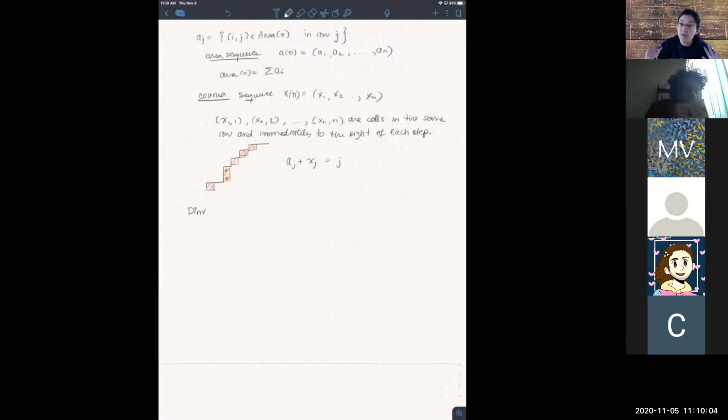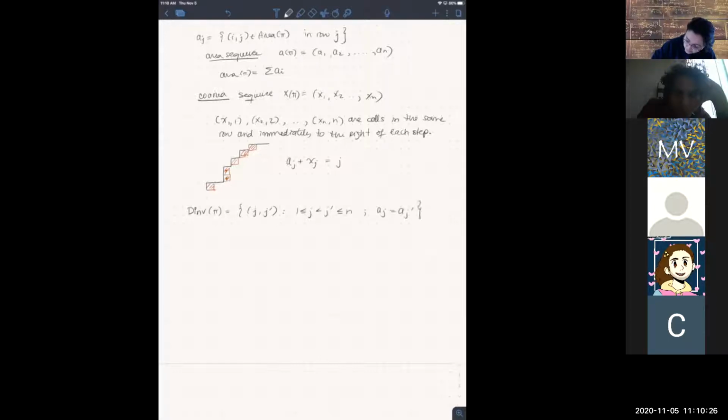So do stop me if something is not clear, of course. So div of pi is then going to be the set of cells, we're going to call them (j, j'), where 1 ≤ j ≤ j' ≤ n, such that